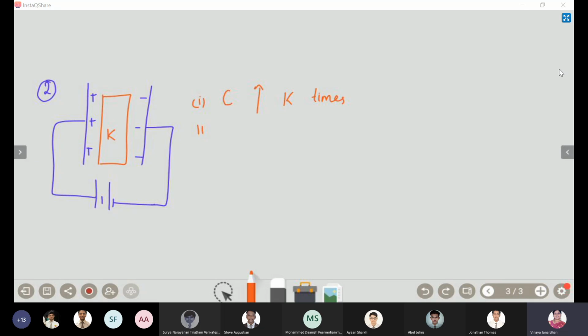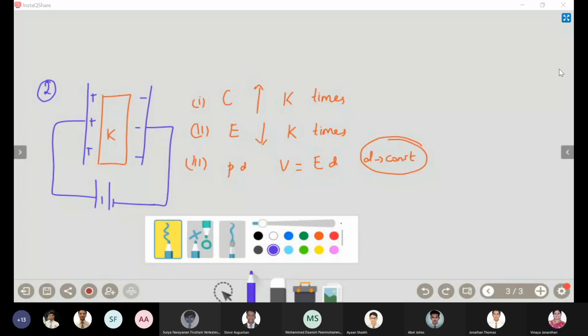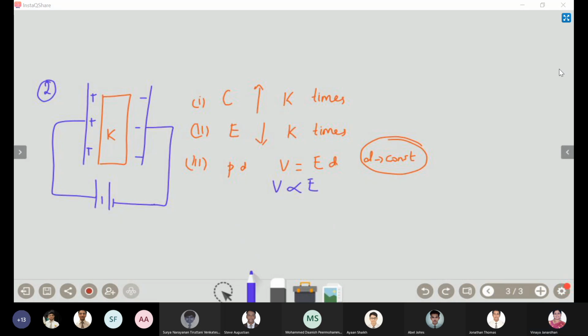Then what happens to the potential difference? V is equal to E into D. D is a constant. It still remains a constant, but the problem is that you are introducing a dielectric medium. The potential difference still remains a constant. So now in this case, V is proportional to E. So V decreases by